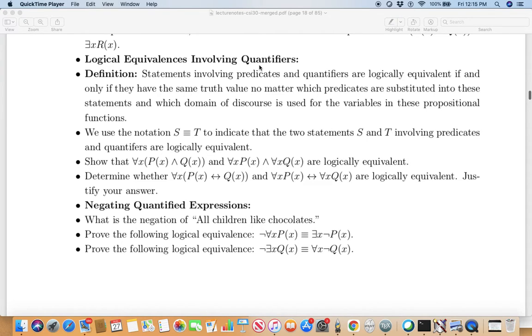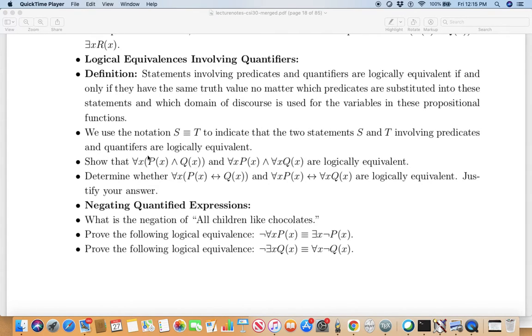Logical equivalences involving quantifiers. Definition. Statements involving predicates and quantifiers are logically equivalent if and only if they have the same truth value no matter which predicates are substituted into these statements, and which domain of discourse is used for the variables in these propositional functions. We use the notation S equivalent to T to indicate that the two statements S and T involving predicates and quantifiers are logically equivalent. Show that for all x, p(x) and q(x)